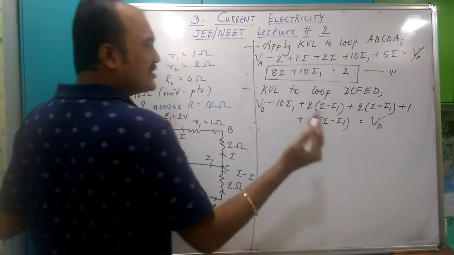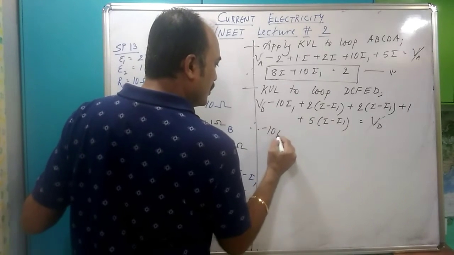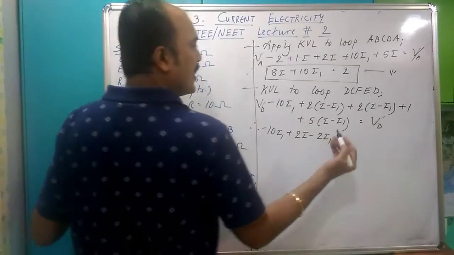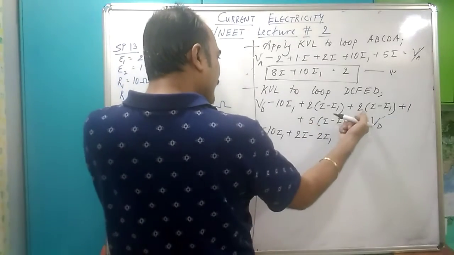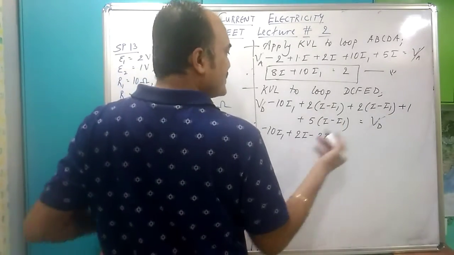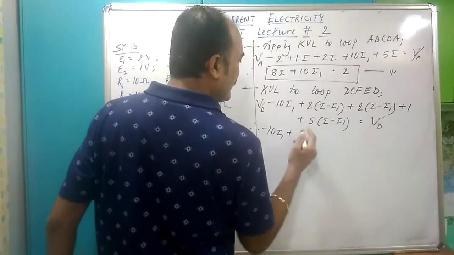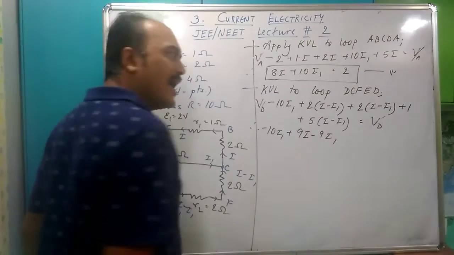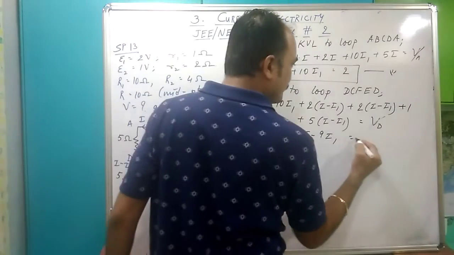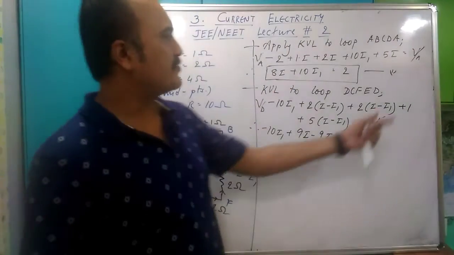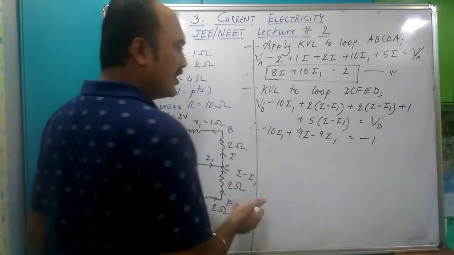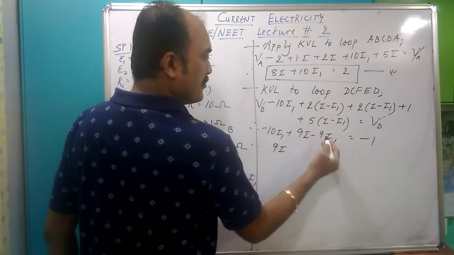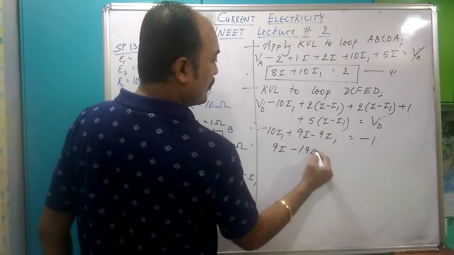VD goes away. Let's open brackets. So plus 2I minus 2I1. You could have written 5 and 2 is 7, 7 and 2 is 9. So you could have straightly written 9 (I minus I1). So 9I minus 9I1. I hope I'm not moving too fast. And I've taken this plus 1, plucked it and taken it to the right hand side. So this is what? This is 9I minus 19I1. My God.